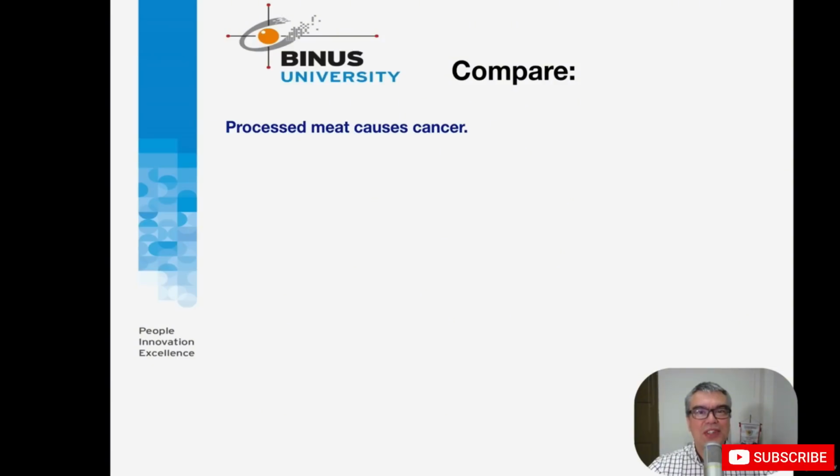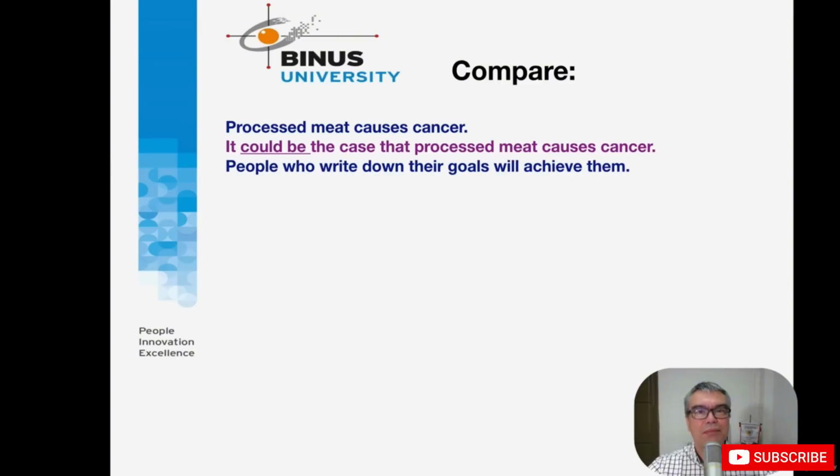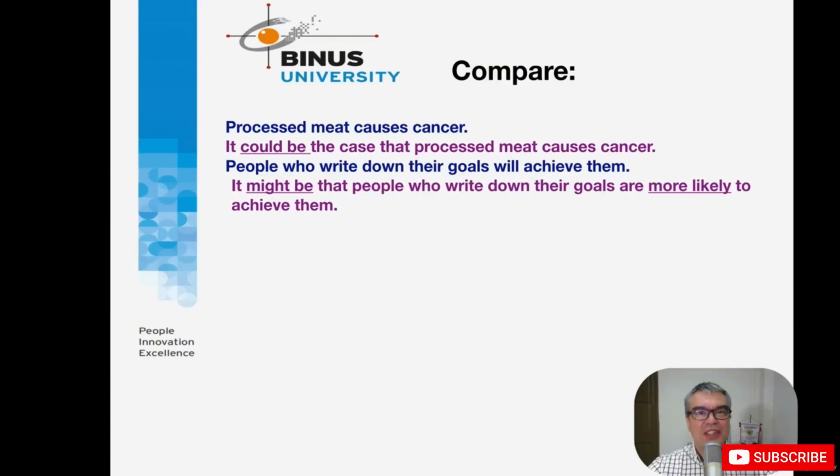Processed meat causes cancer. It could be the case that processed meat causes cancer. And the second one, people who write down their goals will achieve them. And then the sentence with tentative language. It might be that people who write down their goals are more likely to achieve them. And the third one,